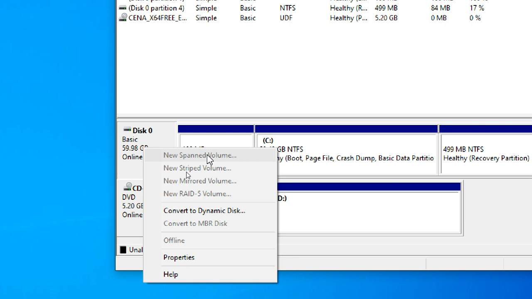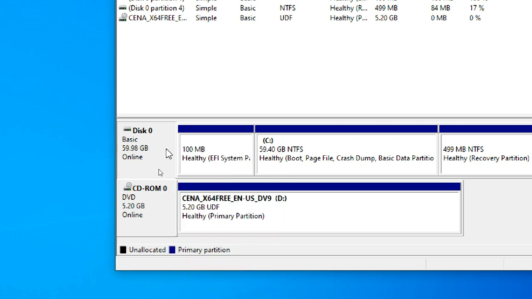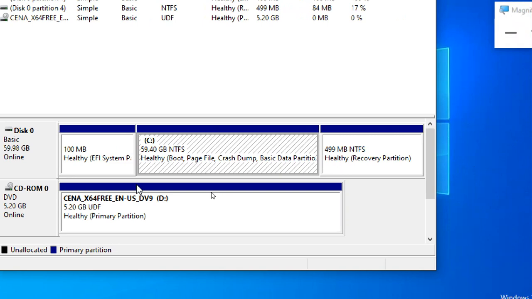The combination of multiple disks into one single disk is called volume creation, like RAID levels. That time you have to convert your basic disk into a dynamic disk, only those disks. The main disk should always be a basic disk. If you convert basic to dynamic, you cannot revert it. You have to remove every partition.